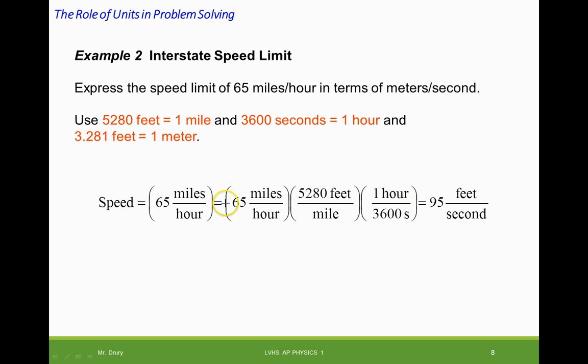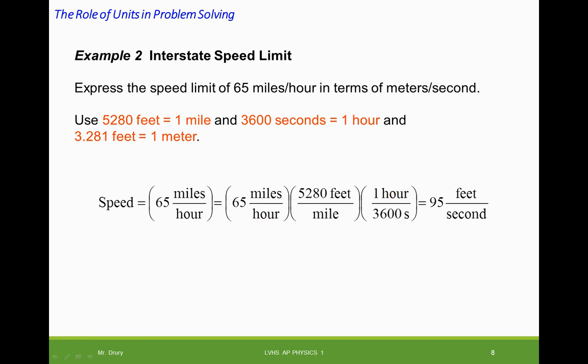We have the idea of 65 miles per hour, but we don't want miles. So we cross out miles on top and put miles on the bottom, and we use the conversion factor of how many feet are per mile. But we don't want hours either. So we cross out hours with hours, and now we're left in feet per second, 95 feet per second. Now we could do this all as one continuous